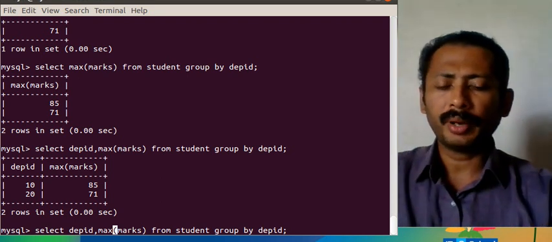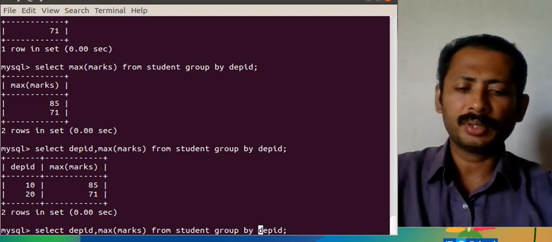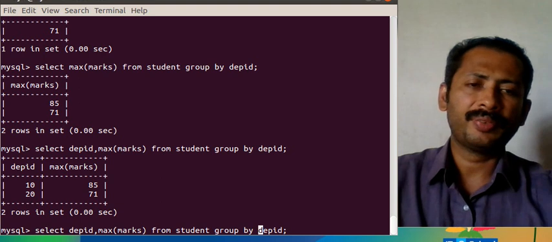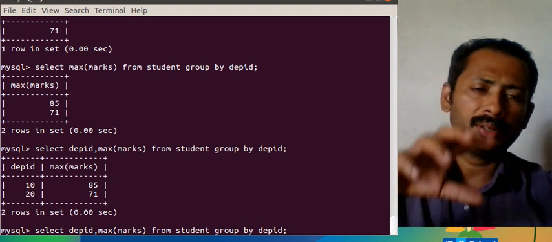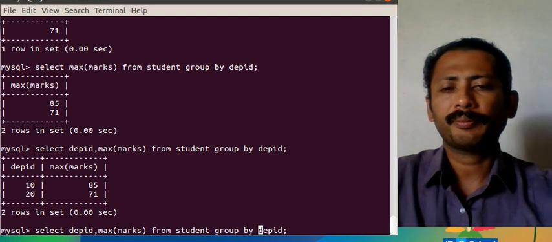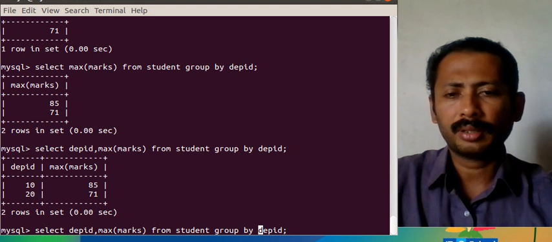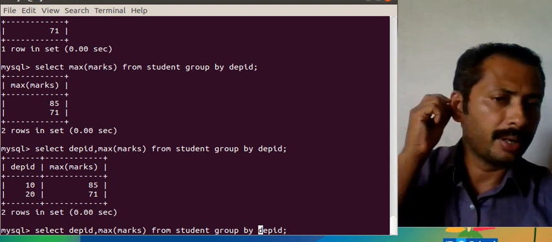While using group by, we can group into different groups, perform an aggregate function, and also display the field on which the grouping was done. I hope that it is clear. Now select DEPID, max marks from student group by DEPID.